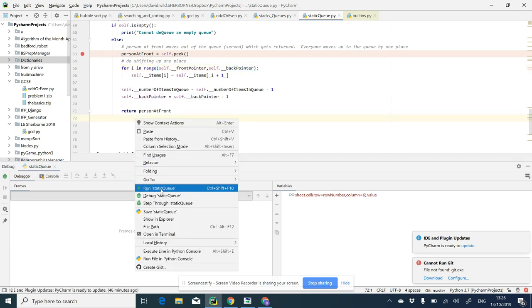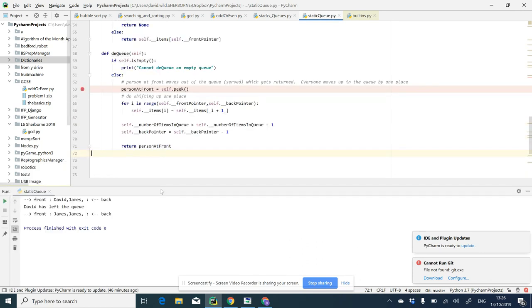I know of one error at the moment. I'll tell you about that in a second. Let's run it, see what happens. I'm expecting James. That's perfect. Right. So David left. But what I didn't do when David left in the DQ method is to make this